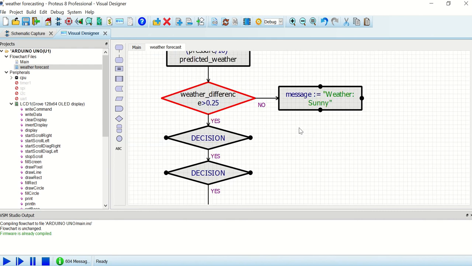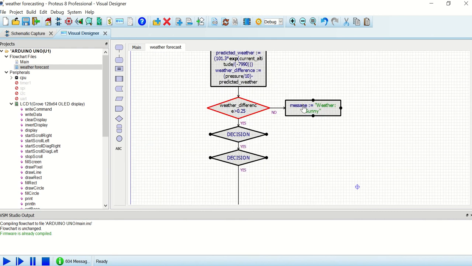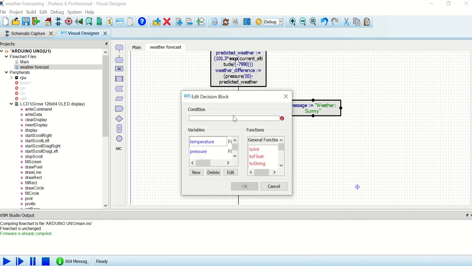So as you can see, if it is yes, then it is supposed to show the sunny weather. So we can just give a right click and swap yes or no. And then if the weather difference is not greater than 0.25, then we can use the second decision box. So here we can write